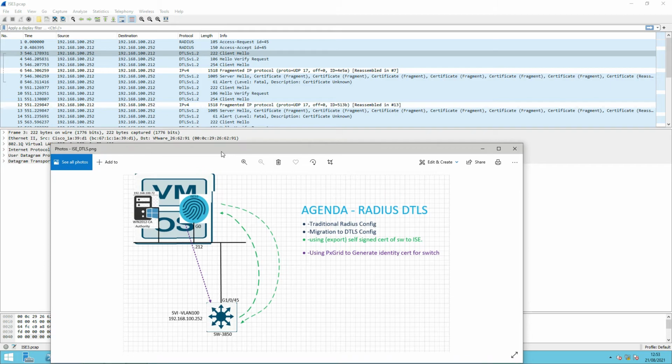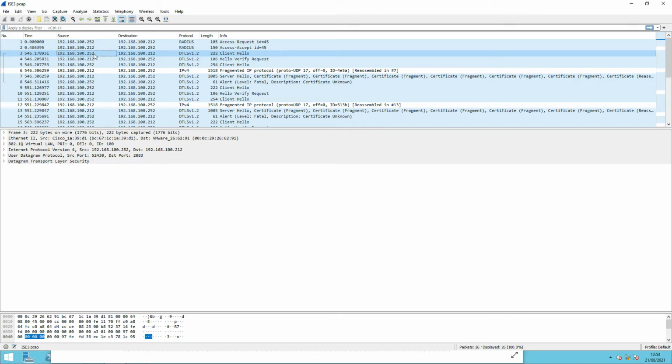So you can see over here that my switch IP address is at 252, and the server, the ISE server, is 212. So the switch is sending a packet to 212 as a client hello, and the ISE server verified that, yeah, it does accept that. Then 252, my switch, is sending a client hello again, and